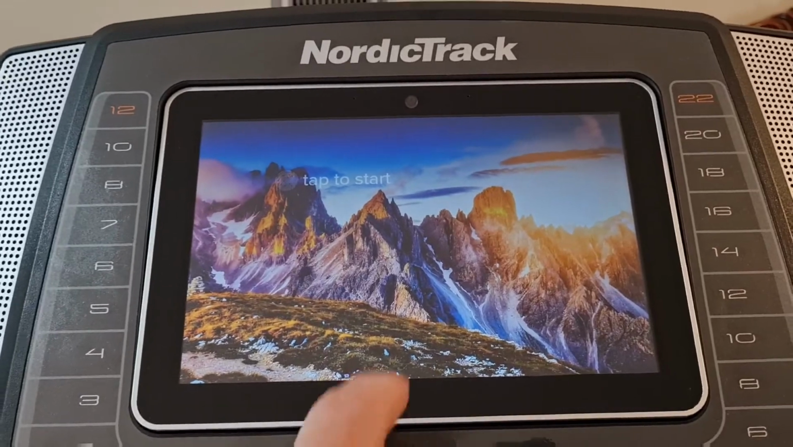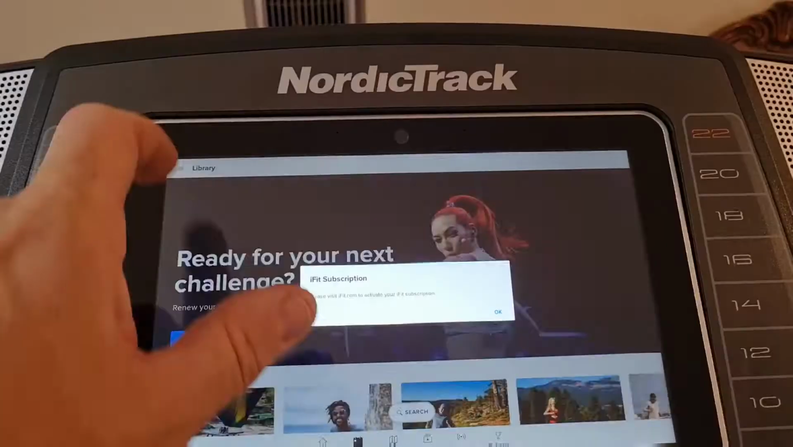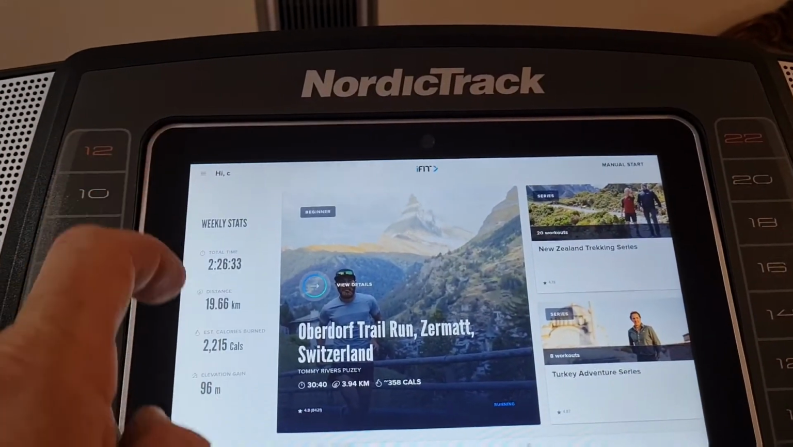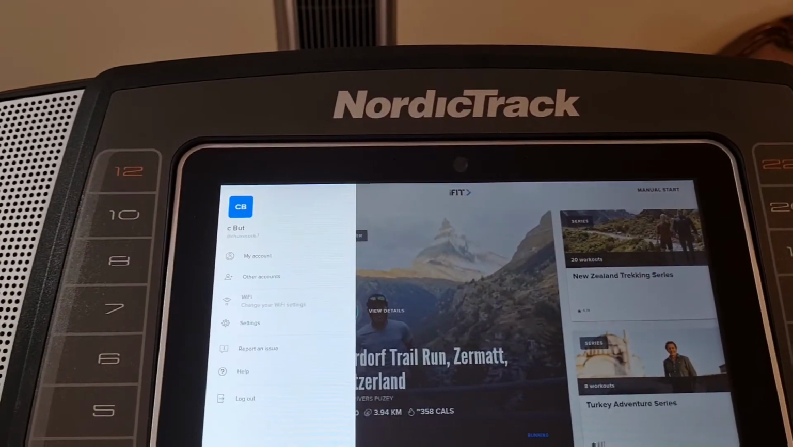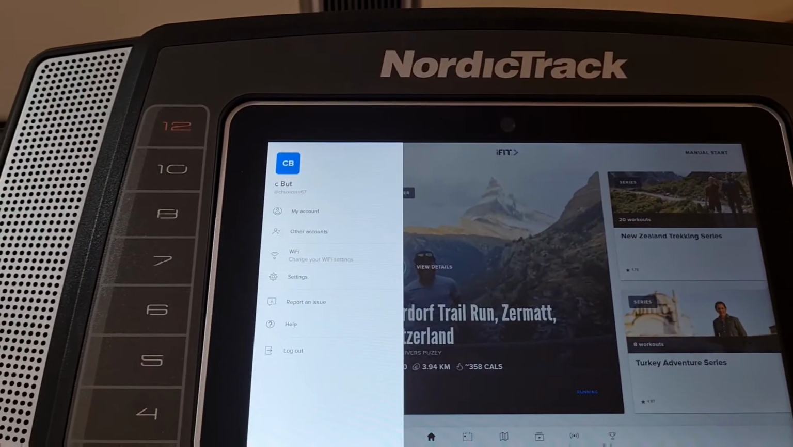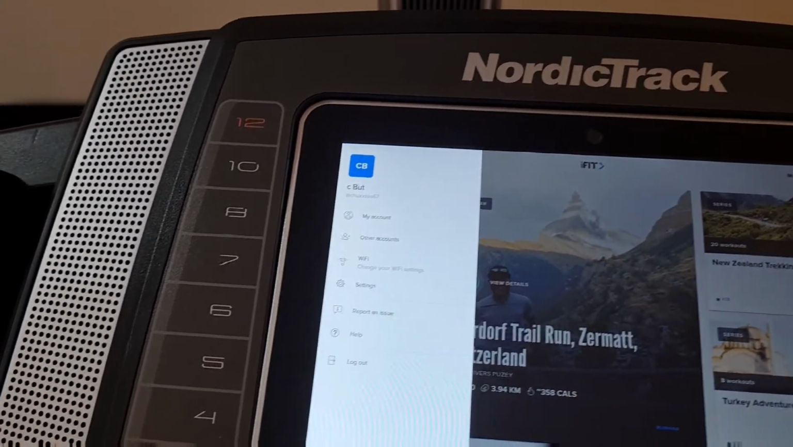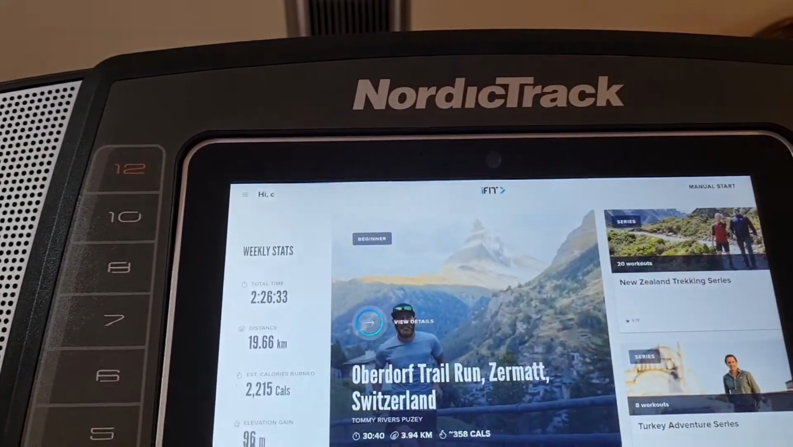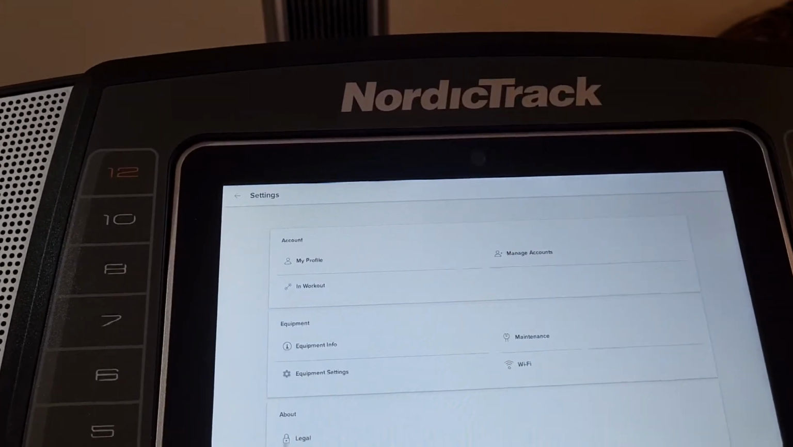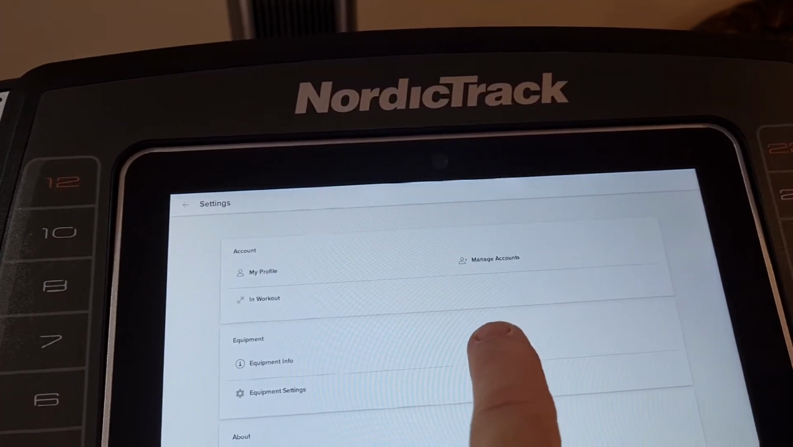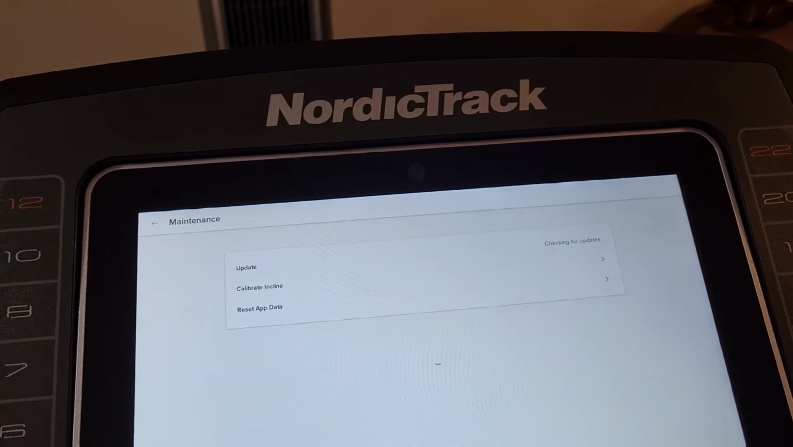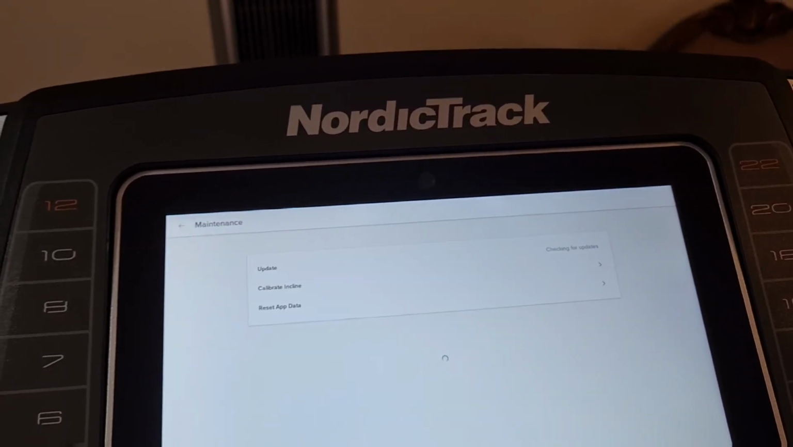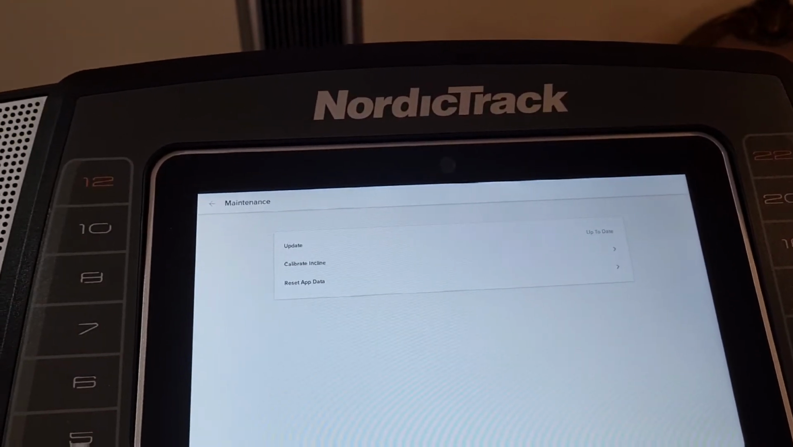I've decided to hack it. So the first thing you need to do, go back to home, and we need to go up here. Right, stop that a minute. So we need to go to home, and we've got to come down here to settings, and we need to go to maintenance. So the first thing you need to do is go to maintenance, and you're in maintenance, and it's been updated, and